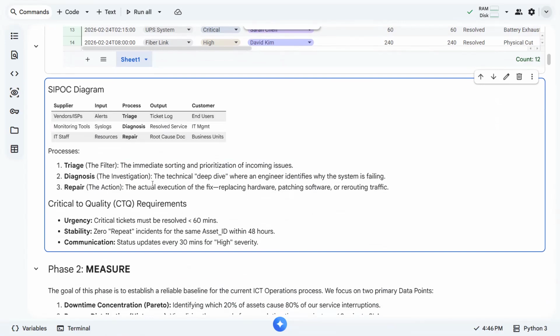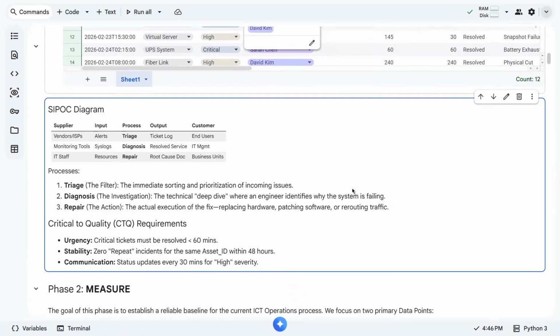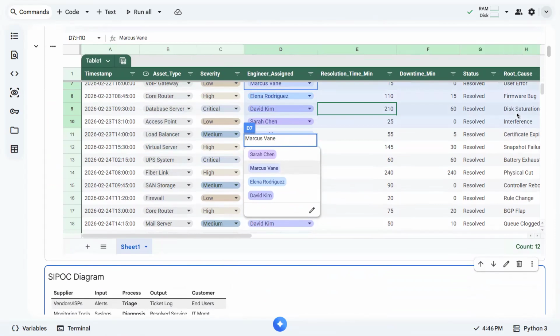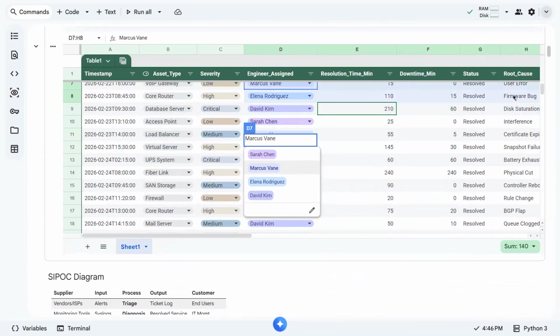This is where we investigate. It is the technical deep dive where an engineer identifies why the system is failing. In other words, we are conducting root cause analysis here. And in this data set, the engineer would fill out the root cause.